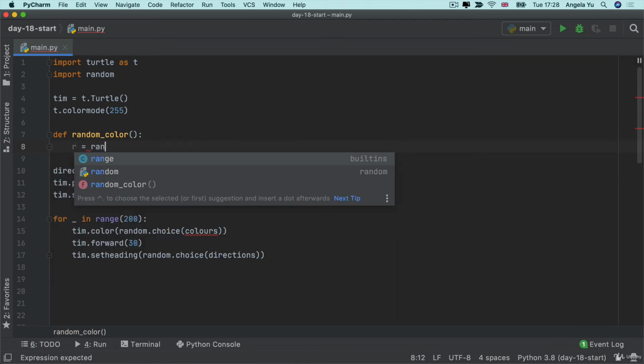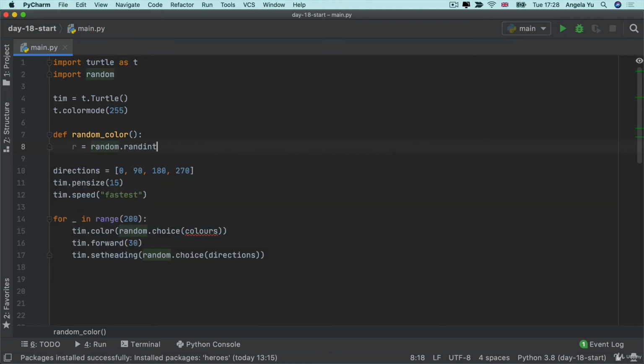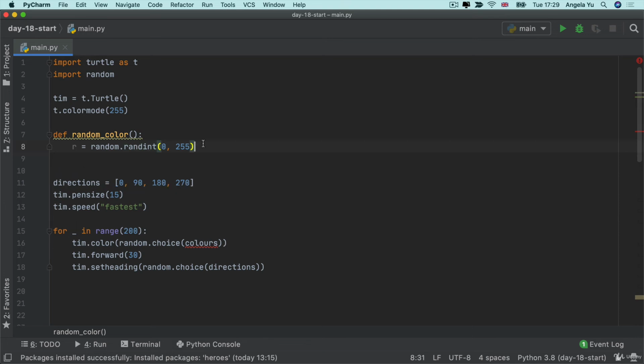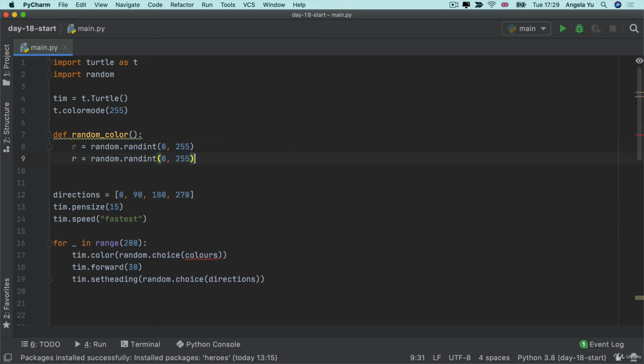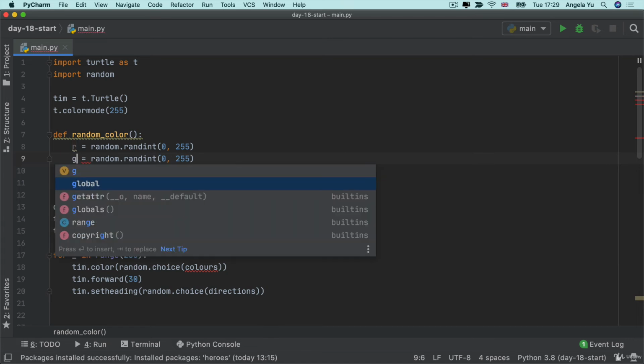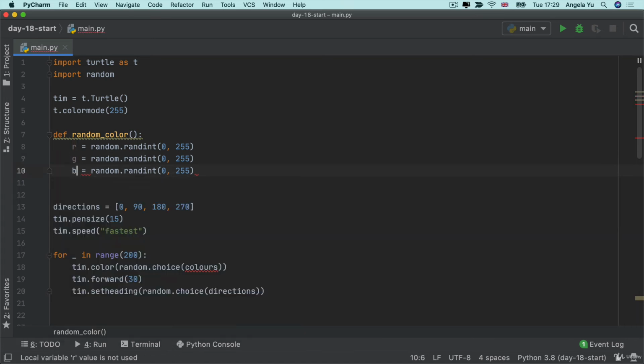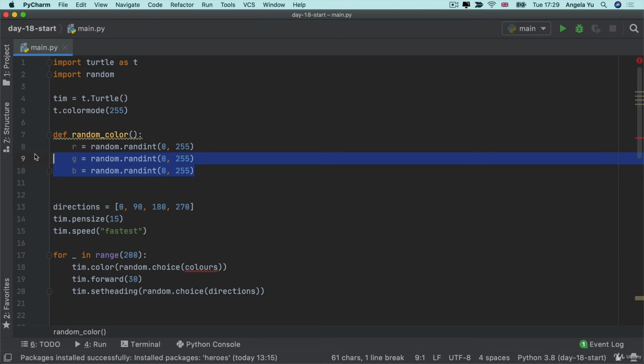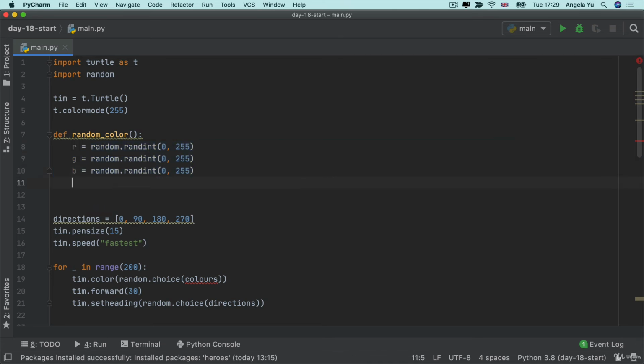We use the random module and then use randint and generate a number between 0 and 255. And then we can repeat this process for the other two color spaces, so green and blue. Now we've got 3 random numbers, one representing each of the color spaces, and then we can generate our